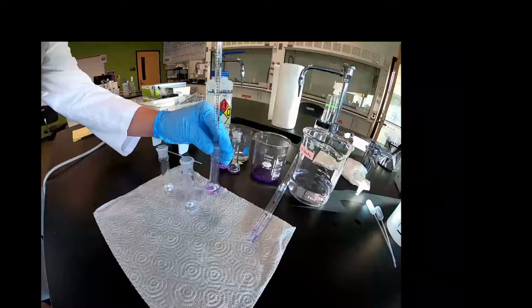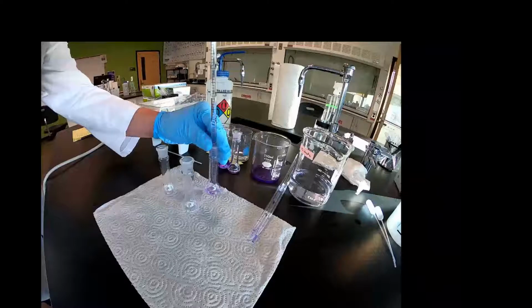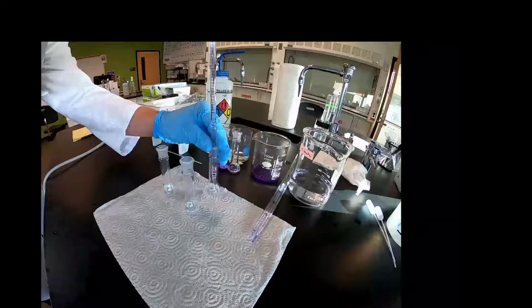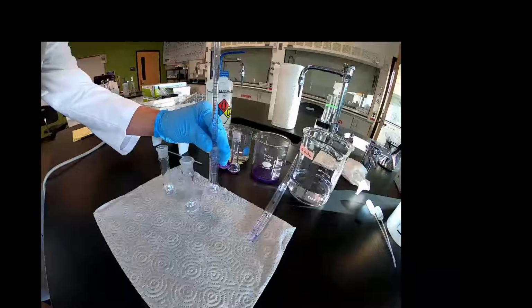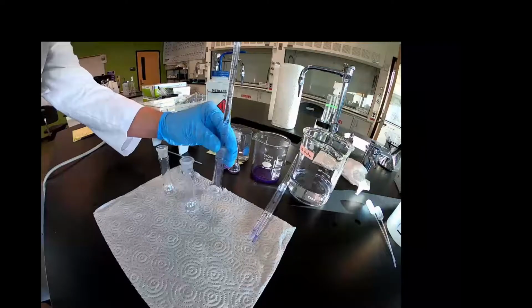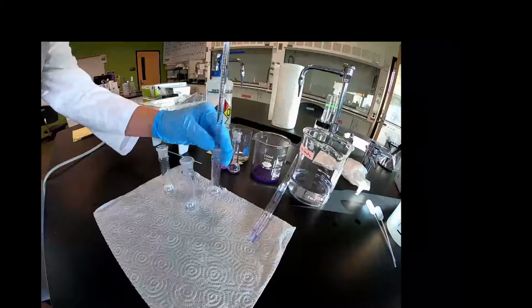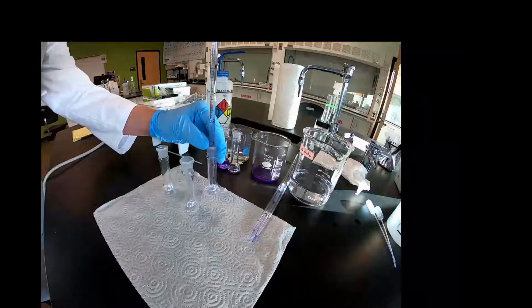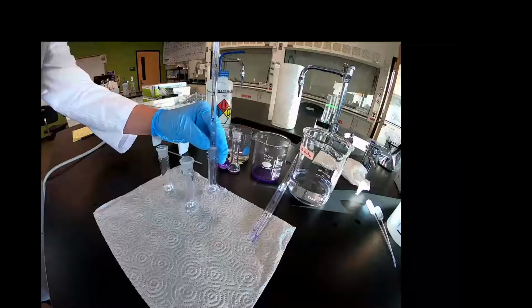So this is a good chance to learn, and I'm not slighting the technician for doing this, because again, first time at it. But the proper rinse when you're diluting is you rinse with the solvent. The proper rinse if you're adding to the mark is you rinse with the mother solution, or the solution you're adding. So slight little mistake there, but